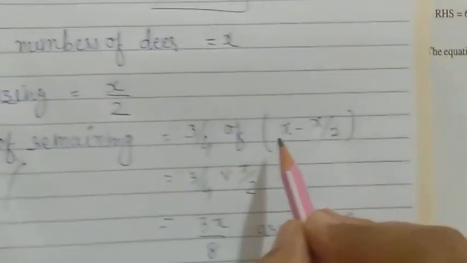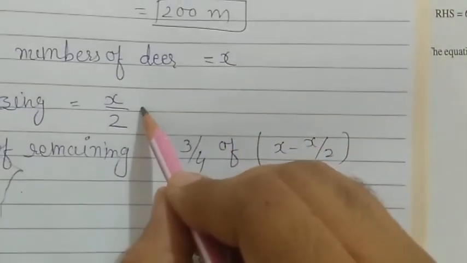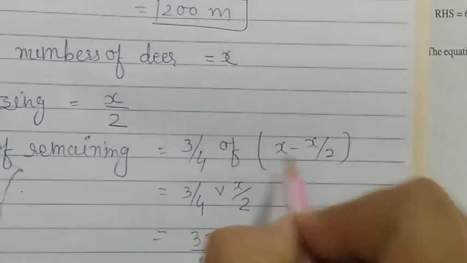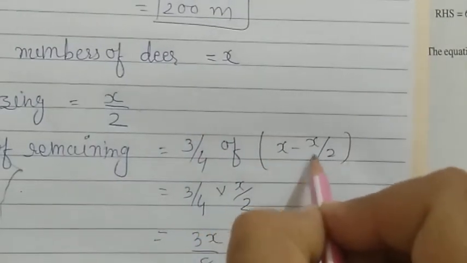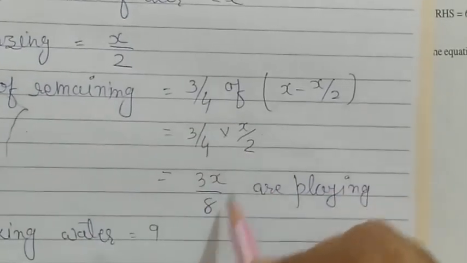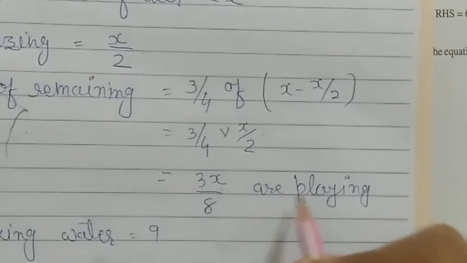So 3/4 of the remaining means x minus x by 2. Of the total x, half are grazing, so what remains is x minus x by 2, which is equal to x by 2 itself. So 3/4 of x by 2, 4 twos are 8, so 3x by 8 are playing